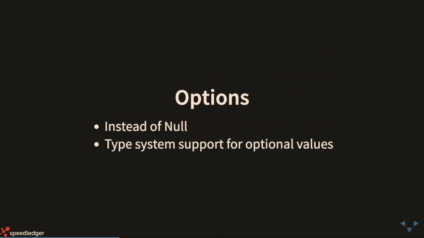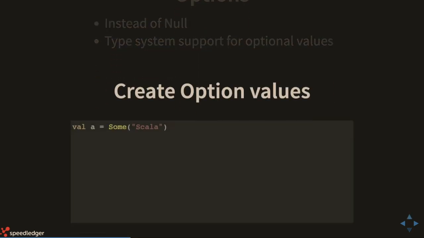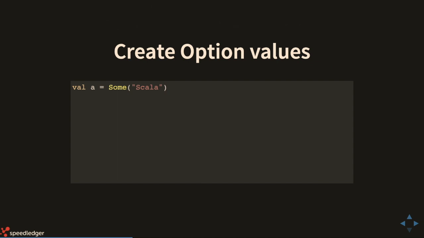And then we have the options, and you use them instead of null. And I would say it makes the intent more clear. And there are so many things in the language that help you utilize the options as well. So if we look at this, to just set a value, you use Some, and it's going to infer the type that it's Some of String. And if you don't have a value, you set None.